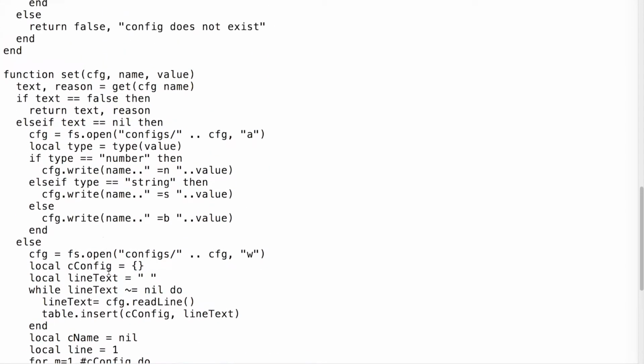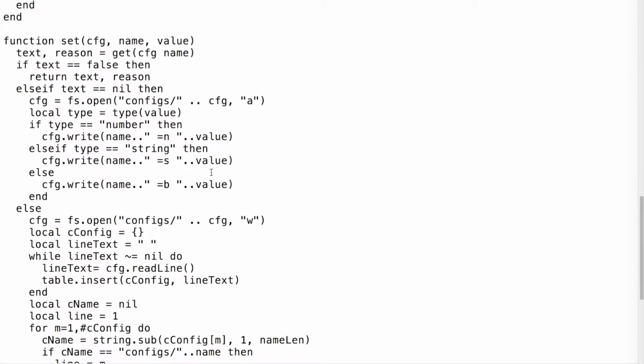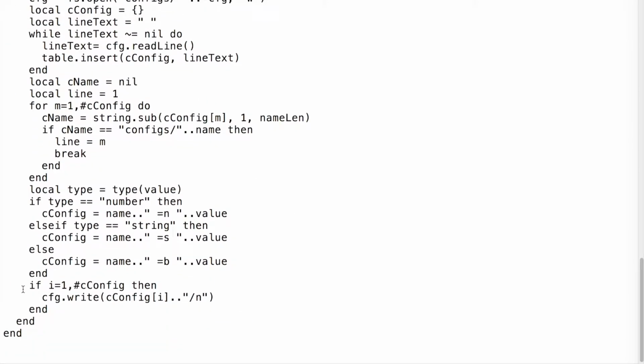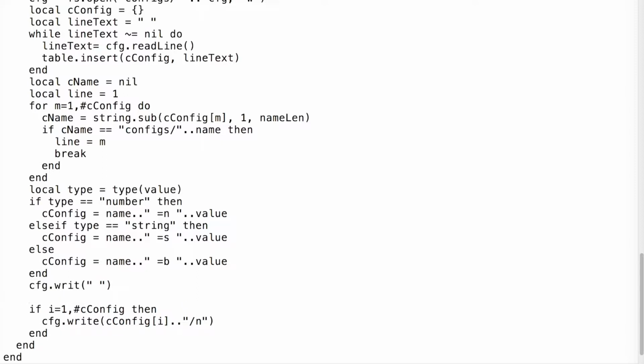No, we need to... We open this on write, and then before this, we're gonna config dot write, just gonna write that. And then we're gonna go config dot close,